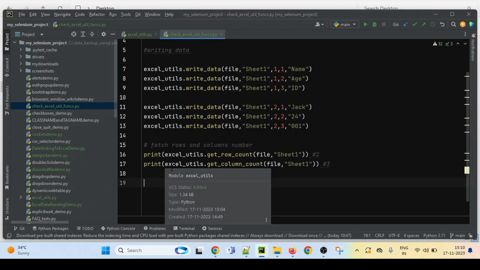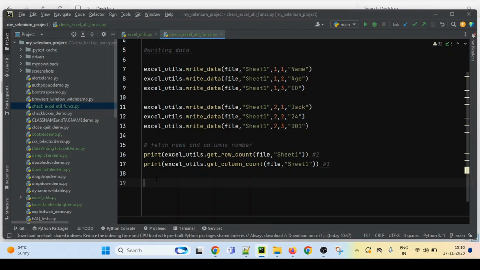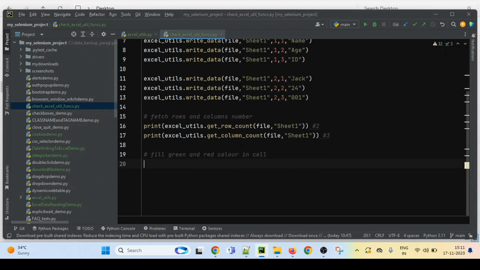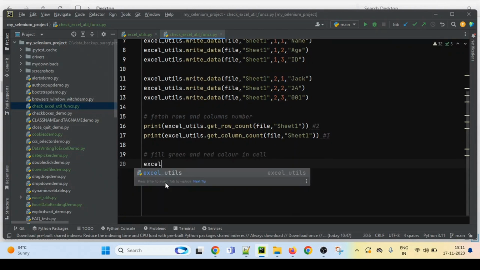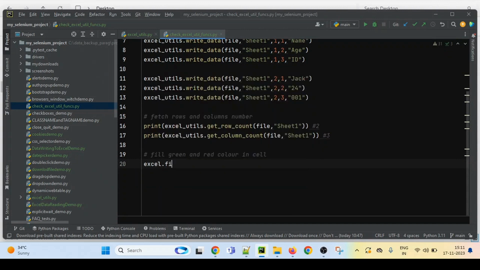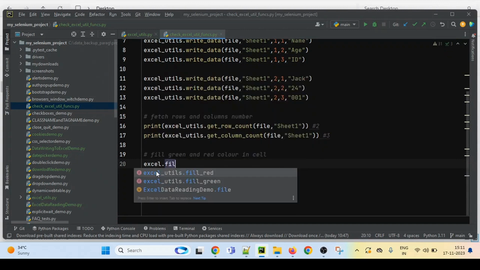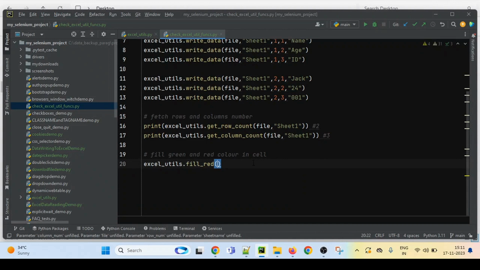And let's say we are also giving some color to some specific cells. Now how to give the color? Fill green and red color in cells. Which function do you have to call? Excel utils dot fill red.